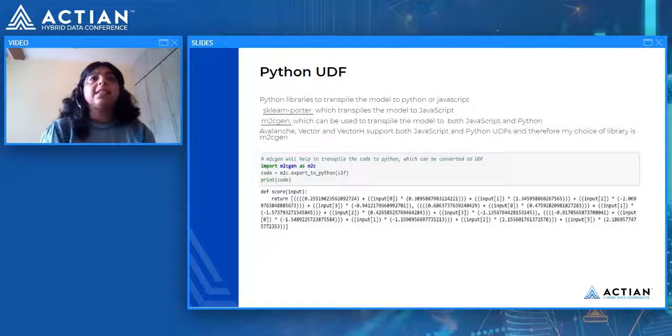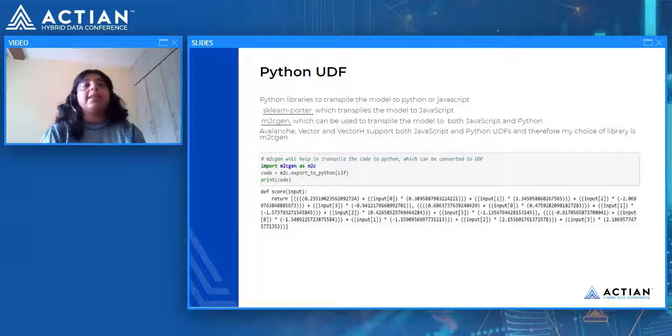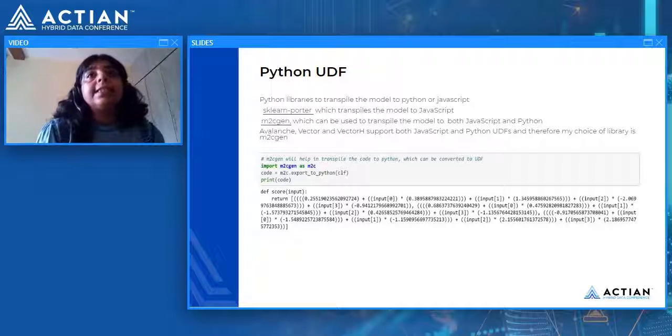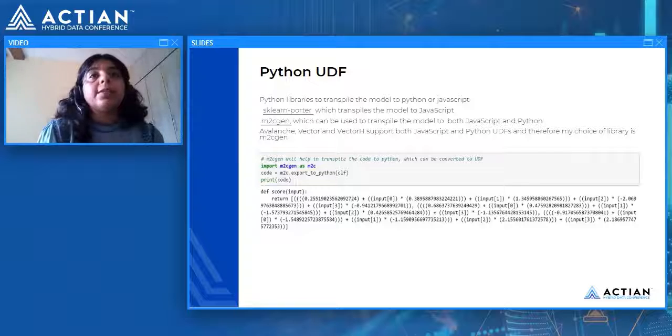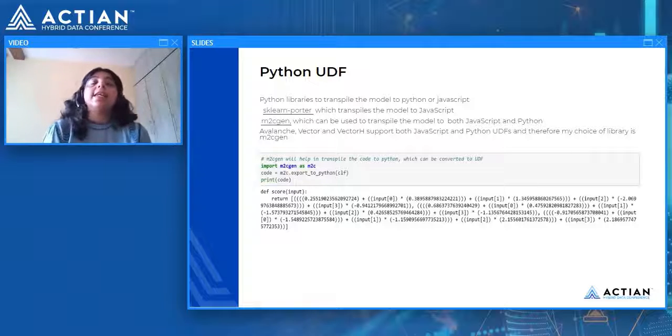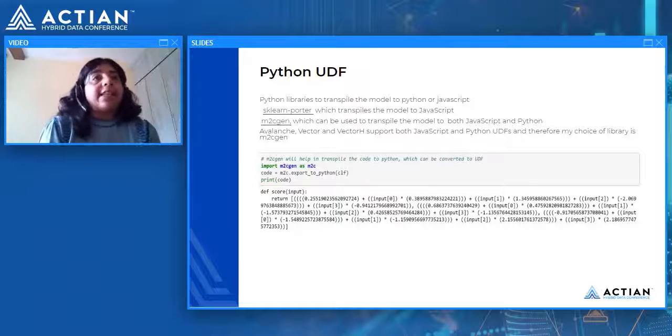There is another library, such as sklearn-porter, which just transpiles the model to JavaScript, while m2cgen transpiles the model to both JavaScript and Python. So I write one line of code, m2c.export_to_python(clf), which simply translates, or transpiles, my model into a Python function.